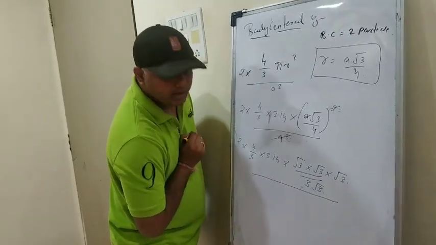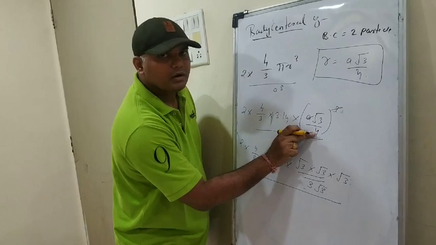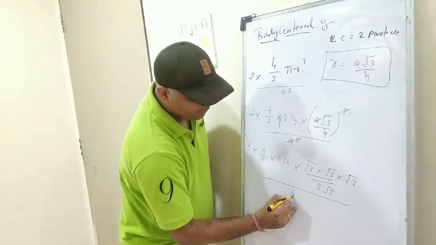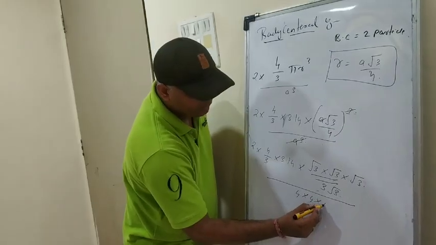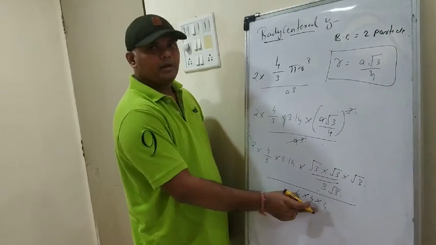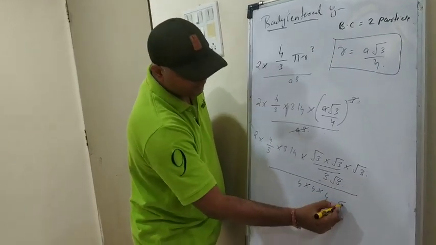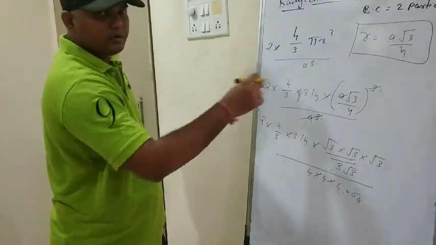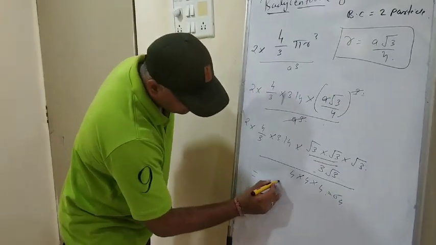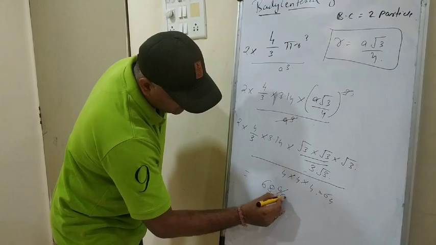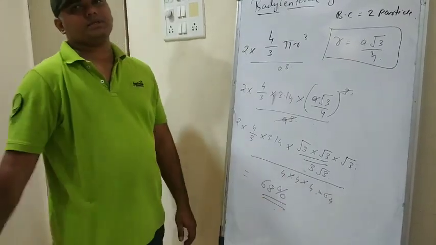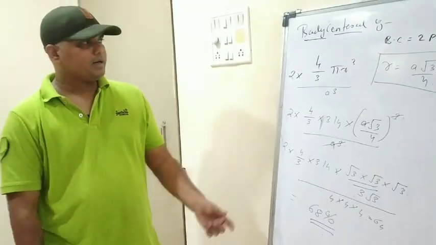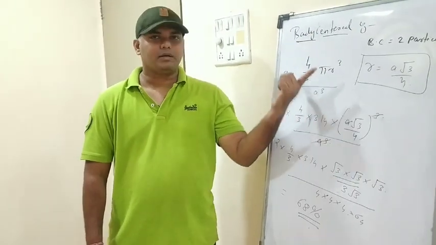Then divided by, we also have a cube of 4. So 4 into 4 into 4: 4 4 16, into 4 is 64. While calculating all this equation, you will get 68% as the packing efficiency, right? I hope that you have understood this body centered packing efficiency.